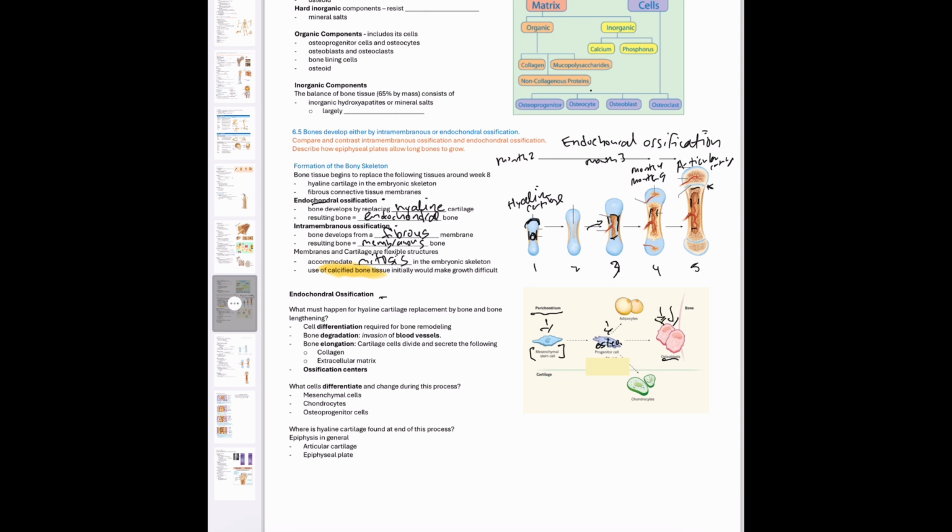Bone degradation, we talked about that, use of those osteoclasts in order to break down some of that bone. Another thing here, we've got bone elongation. So some of those cartilage cells, those chondrocytes, they are going to enlarge or hypertrophy. They'll secrete collagen, the extracellular matrix, and then also we'll talk about how these enlarged chondrocytes are going to secrete